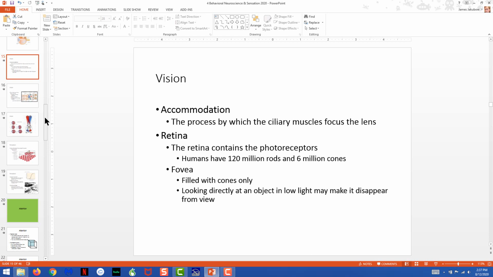Now, all of your cones for a color-seeing creature like ourselves only exist on the fovea itself. Outside of the fovea, you only have cells that detect brightness, and those are rods. So, in the simple description you hear, rods are for seeing black and white and cones are for seeing color. And that's essentially true. That's a little bit more simplified than you should know it now. Cones are really wavelength detectors and rods are amplitude detectors.